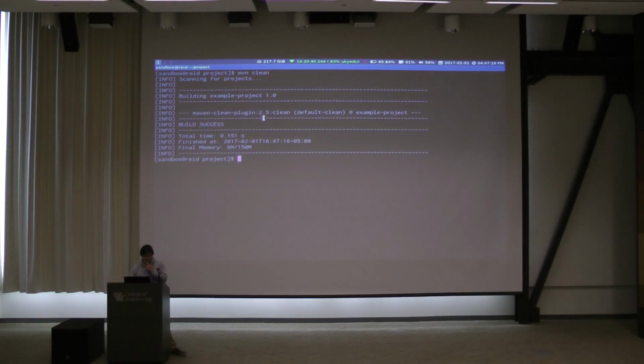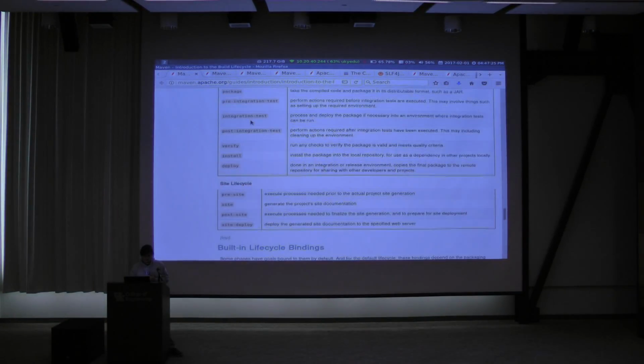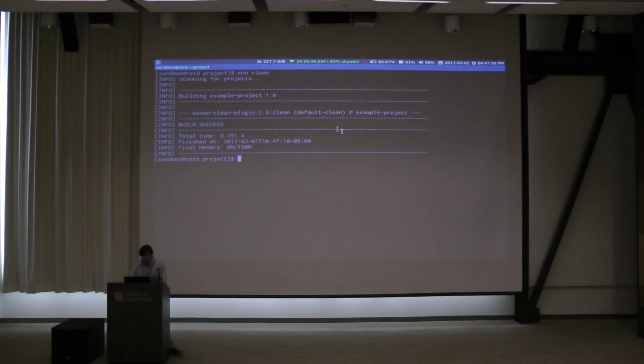That looks pretty simple, right? Okay, so what's going on there? Well, these are the possible things, but what actually happens gets defined down here. So the clean life cycle, by default, all it's going to bind to when you type clean is it's just going to run clean out of the clean plugin. I know that's a lot of cleans. But here's something. So you'll see that's happening right there.